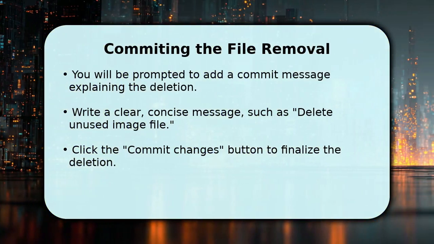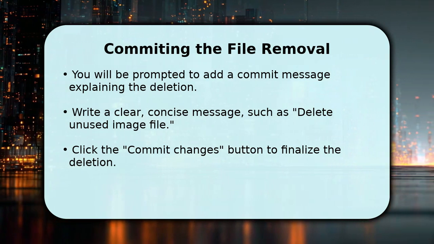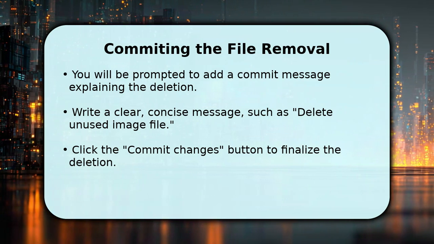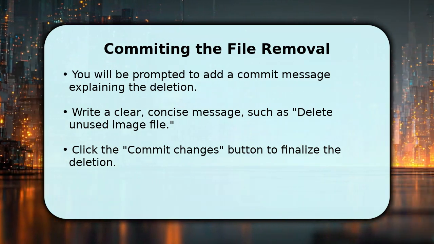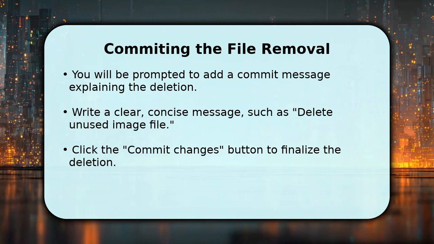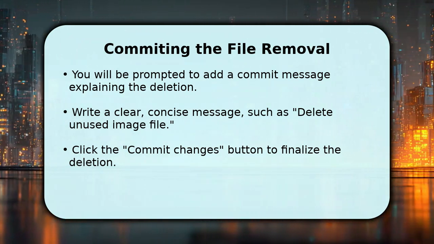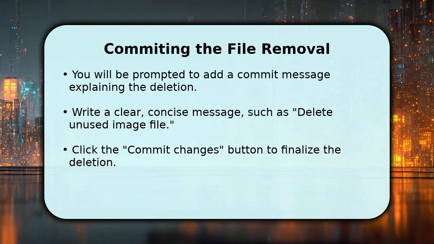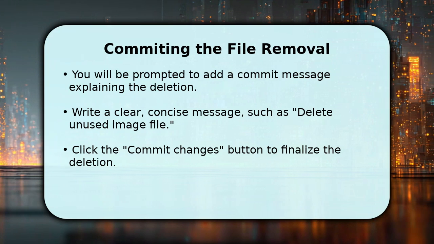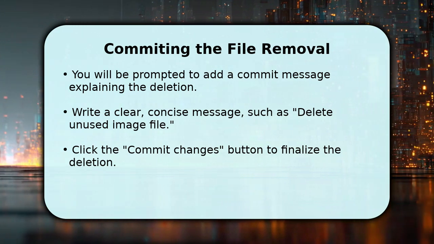Before the file is permanently removed, GitHub requires a commit message. This message acts as a record, explaining why the file was deleted, which is essential for project history. Type a brief, descriptive message, for example, removed outdated configuration file. Then, locate and click the green Commit Changes button. This action irrevocably removes the file from your repository's current branch,